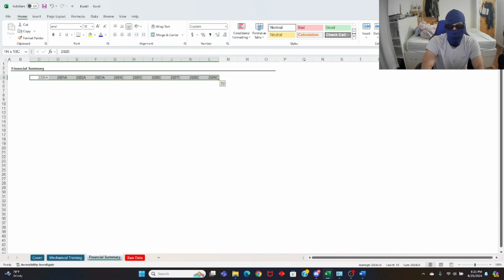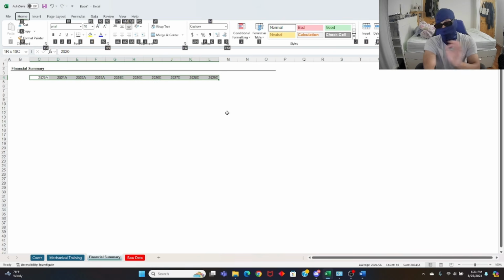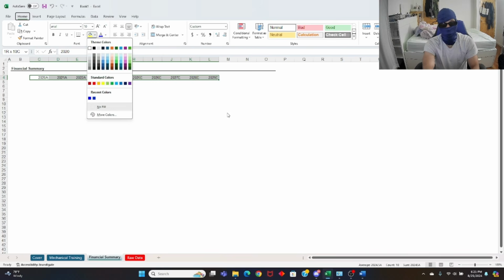Now what we want to do is make this look pretty. So you're going to highlight it. I taught you how to do fonts, but now you want this highlight. So how do you highlight? You're going to do Alt-H. Highlight is just H, right? H for highlight. A lot of these are built to be intuitive. So it's like FC is font color. So it's like Alt-H FC font color, or Alt-H highlight.